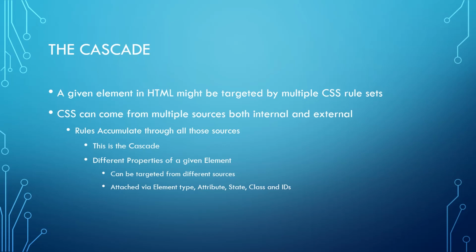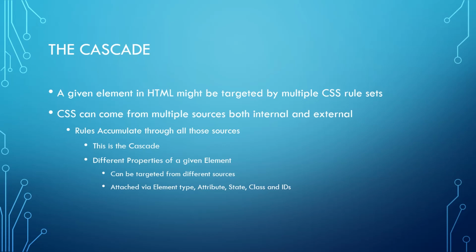It accumulates those as it cascades through. And then you can also attach through different parts of a tag as well, through an attribute, through the state, through the class and the IDs. So not only multiple sources, but multiple ways to target CSS, and most of the time it cascades through and